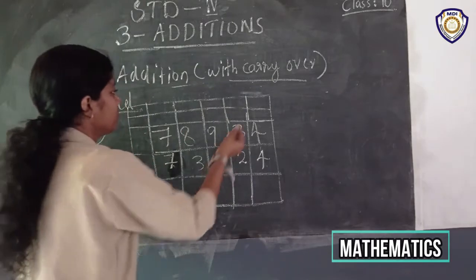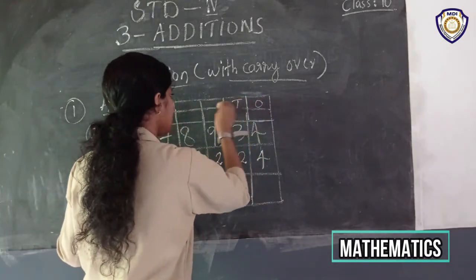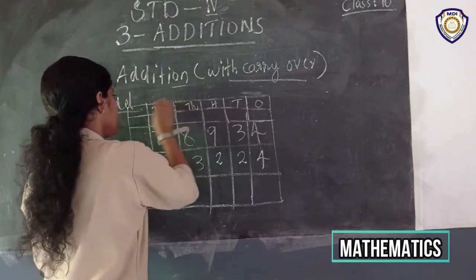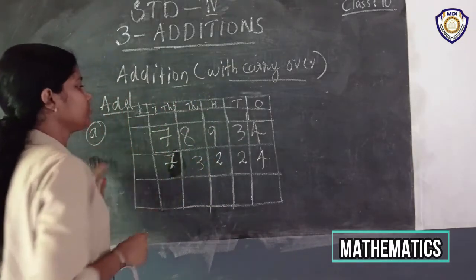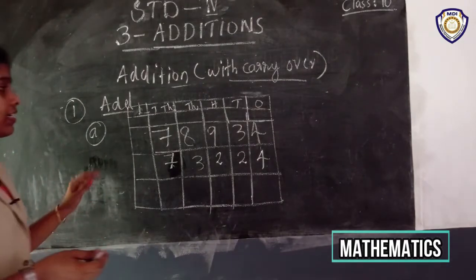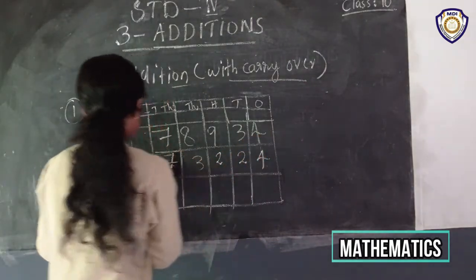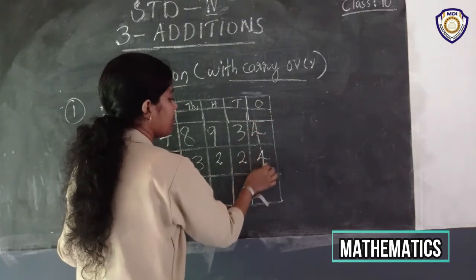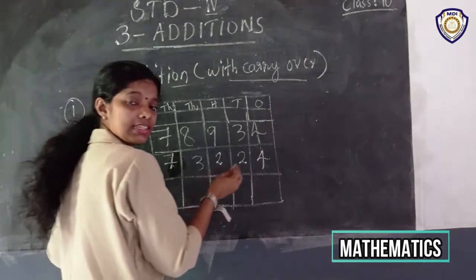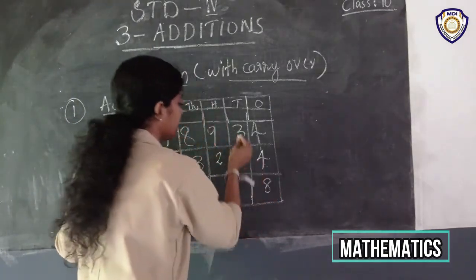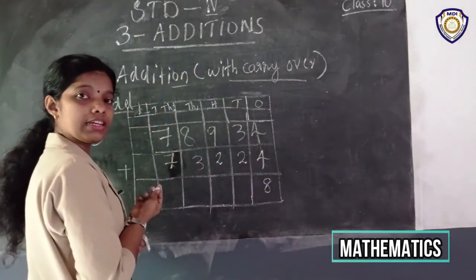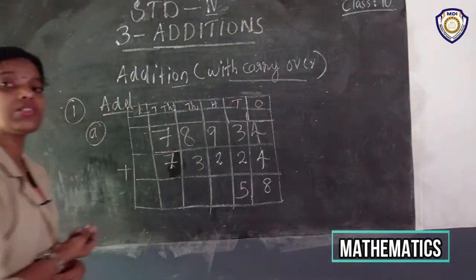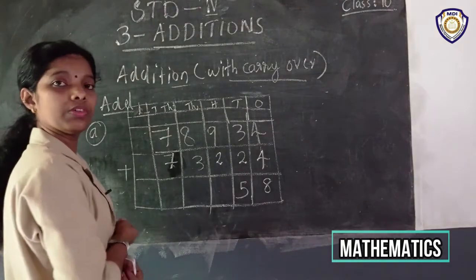Okay, listen here. Put the place values: ones, tens, hundreds, thousands, ten thousands and lakh. Add the ones column first. 4 plus 4, answer is 8. 3 plus 2, answer is 5. Then 9 plus 2, answer is